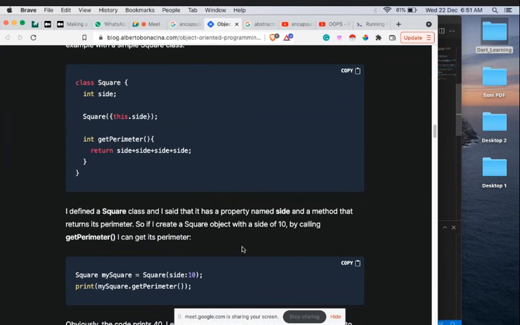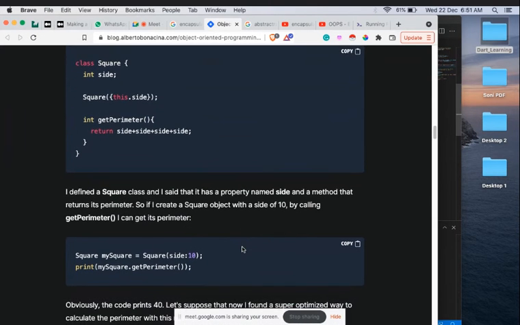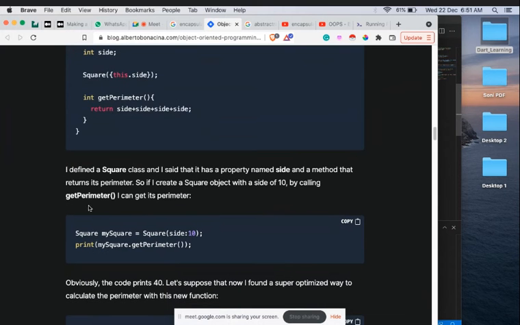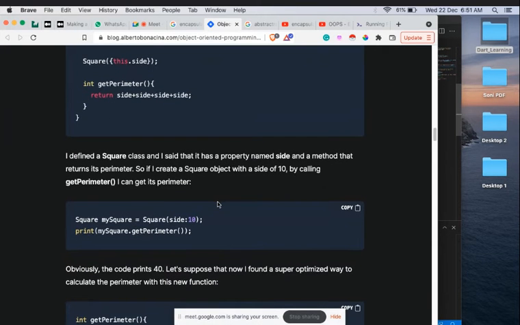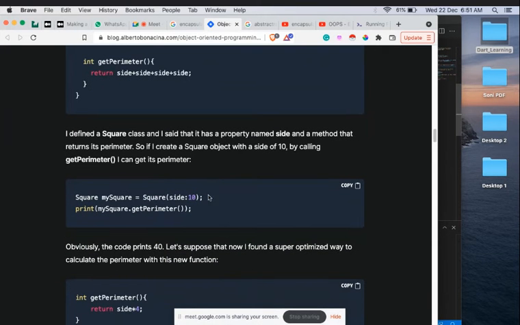So if I create a square object with a side of 10, by calling get perimeter, I can get its perimeter. So simply here we have created a square class, mySquare, with a side of 10,